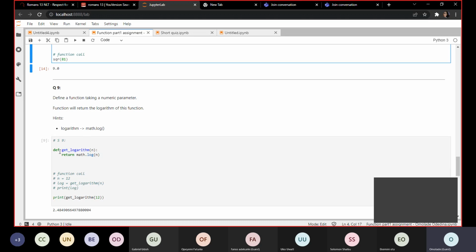Now, once again, we define our function and give it a name, get logarithm, meaning that when someone sees your code, they know that you are trying to work on something that has to do with logarithm. Then you